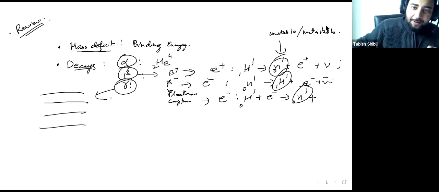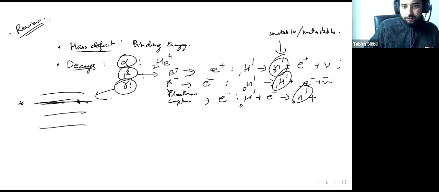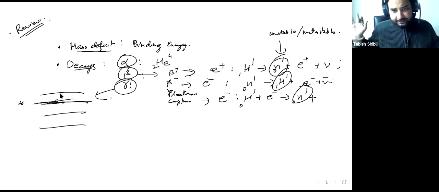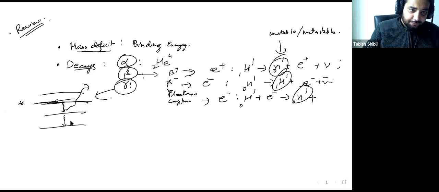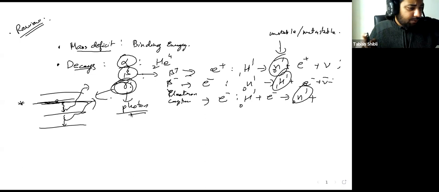So a particle can come here. For example, let's call this third state here a metastable state. We denote it by a star. Whatever nucleus is in this metastable state will stay there for some time, until it decays. Then it will decay and come down, and then it will decay again and come down to the ground state. This release of photon is the release of these gamma particles, because gamma is essentially the photon. So that is what we talked about.